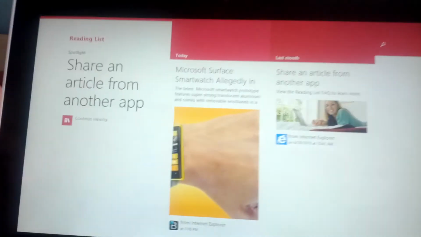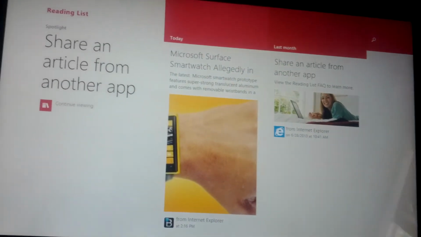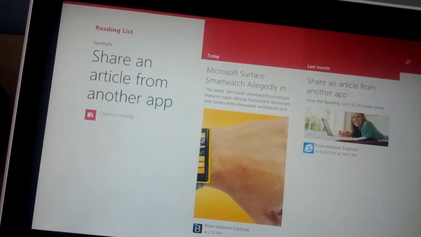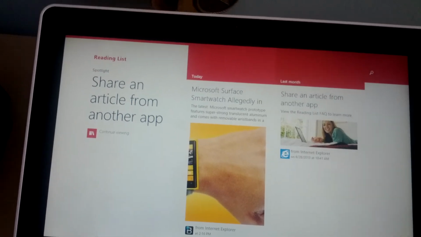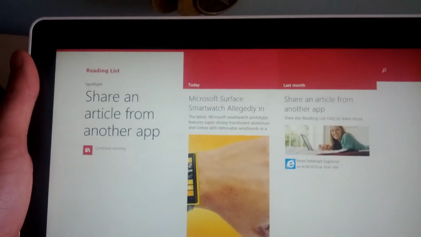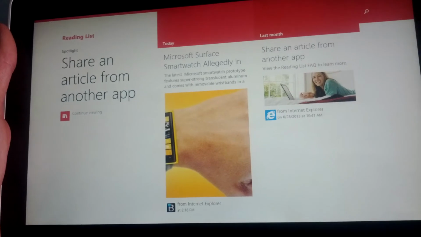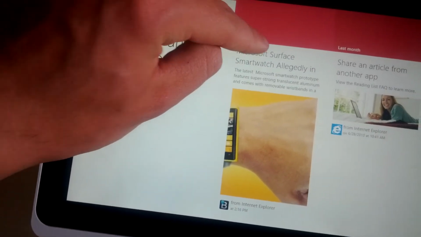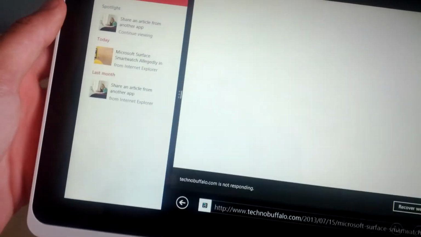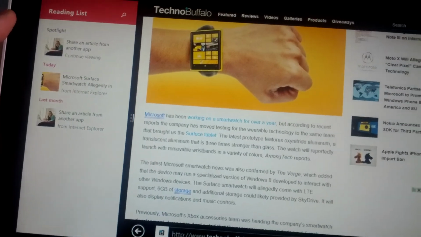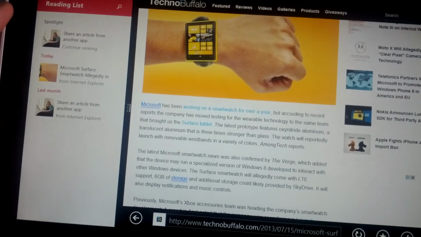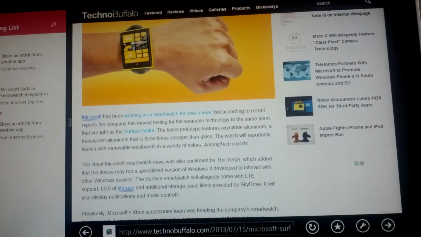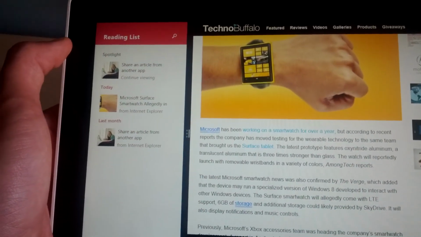I haven't used it yet much. And you can save articles for offline reading, categorize your favorite articles. I'm about to do a new feature, a new weekly film called This Week in Tech, a weekly video, and this is going to help me compile that. You see I compiled earlier: Microsoft Surface smartwatch allegedly in development. I suppose you can't view it offline, but it does navigate you to the web page that you viewed it. So this is a jump starter. You can save your favorite articles, save for showing later on, and it opens it nice over here,